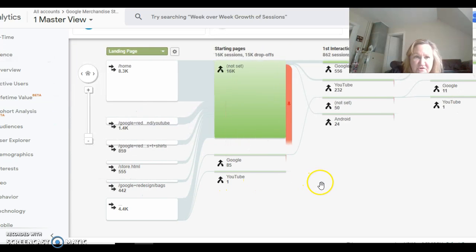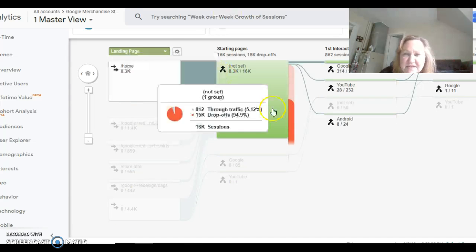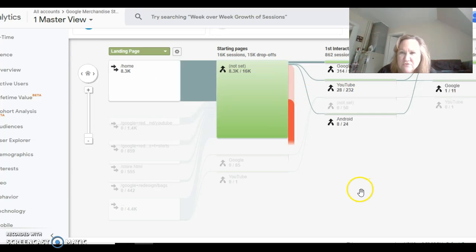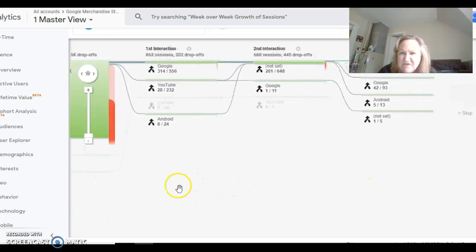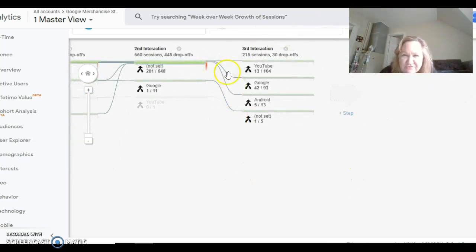So you're going to want to know why. So these are the different landing pages. You can isolate, and I guess this is the point where you would really be looking at your starting page a little bit more, and then it goes through all the different pages that the user will go on. It goes up to the third interaction. So I think you can really get a lot of insights from this particular